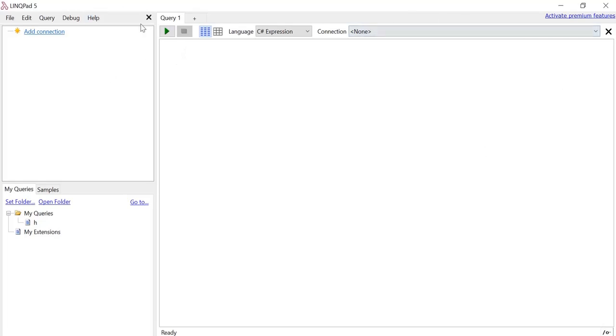This is the application you have downloaded, LINQPad. We can do many things by using LINQPad, but right now we have to only focus on C Sharp programs. So here is a drop down. You can select C Sharp Program from here. Once you open a C Sharp program, it will automatically write void Main with two curly braces.